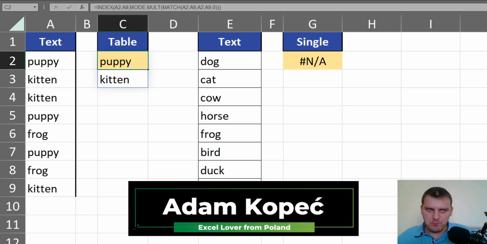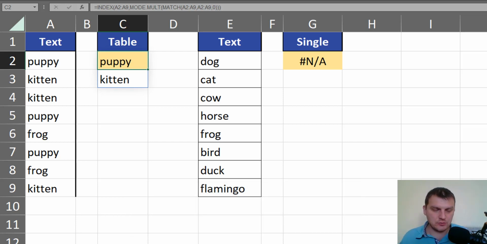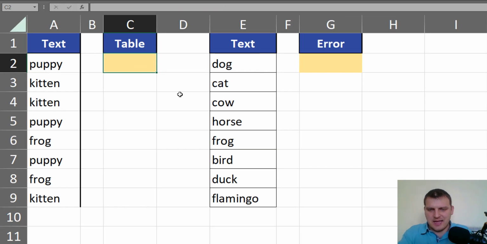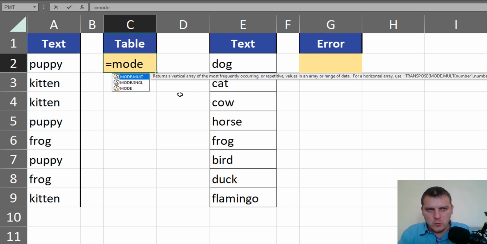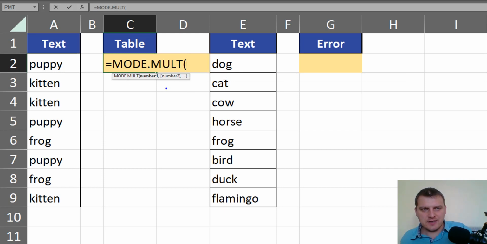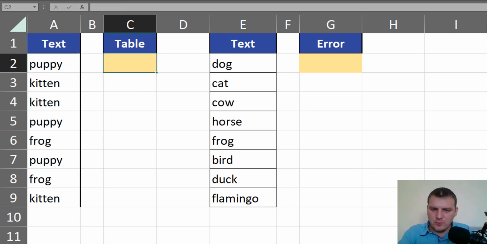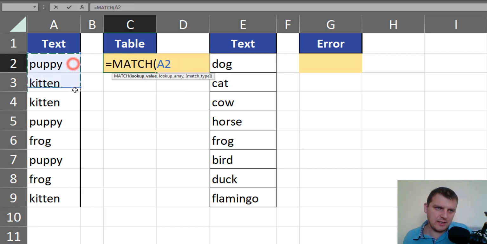In Excel tip 45, I was talking about dominant, so the most frequent number. Today we want to find the most frequent texts, and it's a harder task in Excel because the MODE function needs numbers, so we have to convert text to numbers, and we can use the MATCH function for this, and we are looking